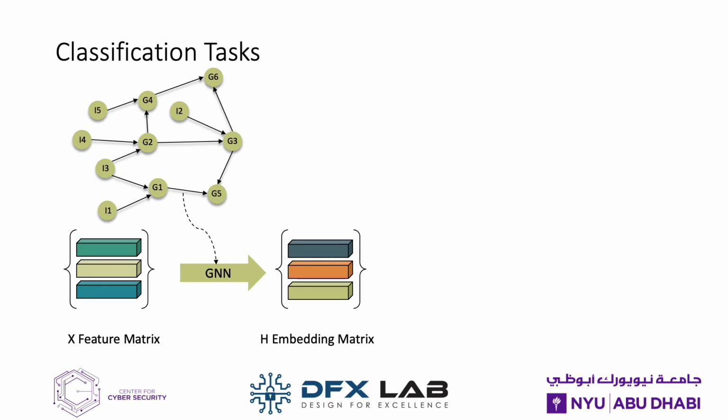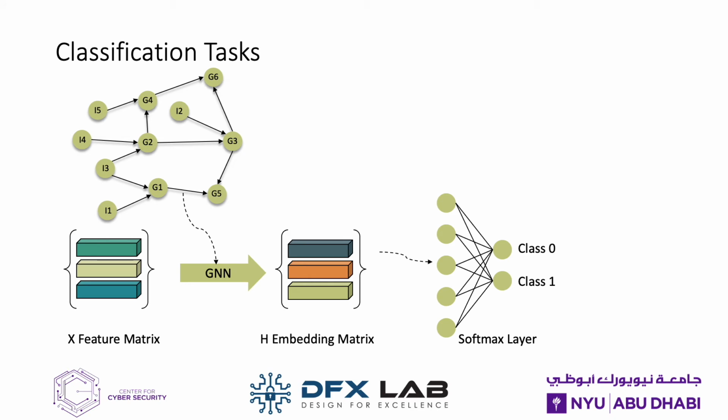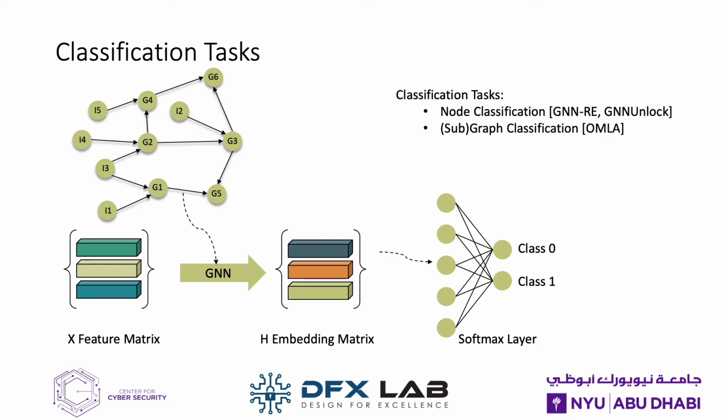So we started with a network and a feature matrix where each node in this network was associated with a feature vector that captures its initial properties. These were fed to the GNN, and the GNN was able to construct an embedding matrix that can be used for different classification tasks. So we can use the generated embeddings for node classification tasks, for subgraph classification tasks, or